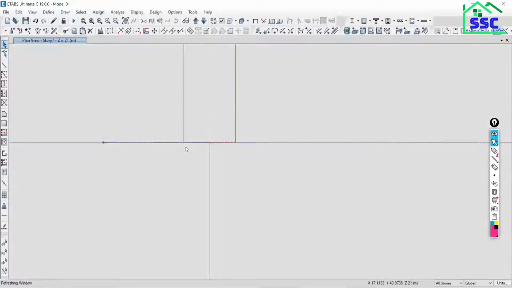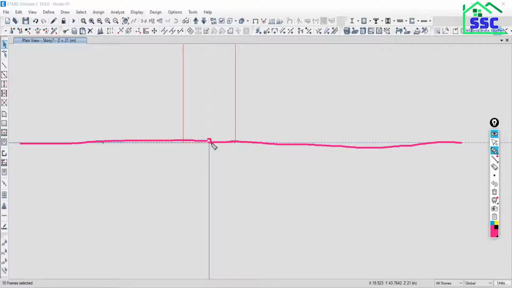What kind of error are you getting? See, this beam should be up to this point. This beam should be modeled up to this point. What is actually happening is this beam is going to overlap this beam. Just try to understand. This beam is correct, it is up to this point, no problem, but this beam that is coming from this side should be stopped at the intersecting point. But what is going on is this beam is coming to this side and going to overlap this beam. Is that a problem or not?